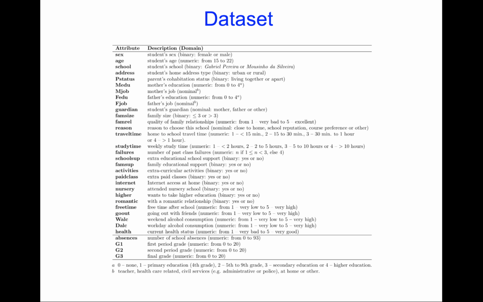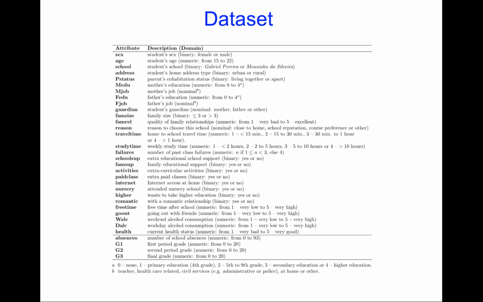Now let us see the variables in the dataset. It consists of a total of 33 features. One is sex, the other is student's age, the next is school. We are considering only two schools. Next is the student's address. Next is parents' cohabitation status, whether they are living together or apart. Next is mother's education, then mother's job, then father's education, father's job, whether the student's guardian is a mother, father,